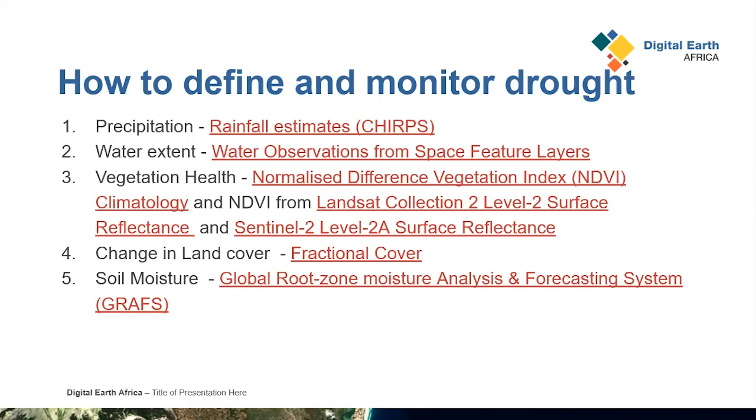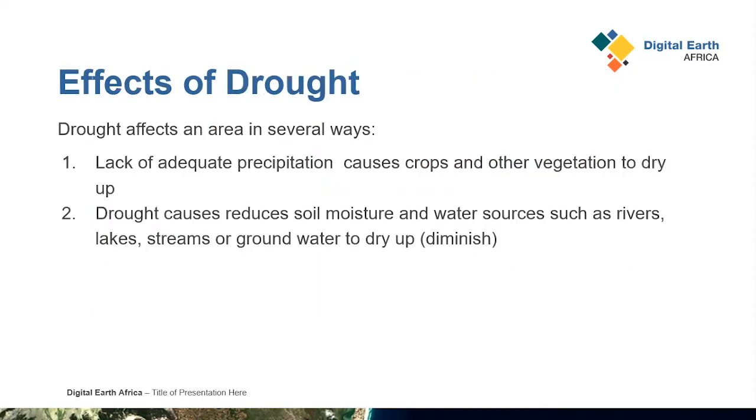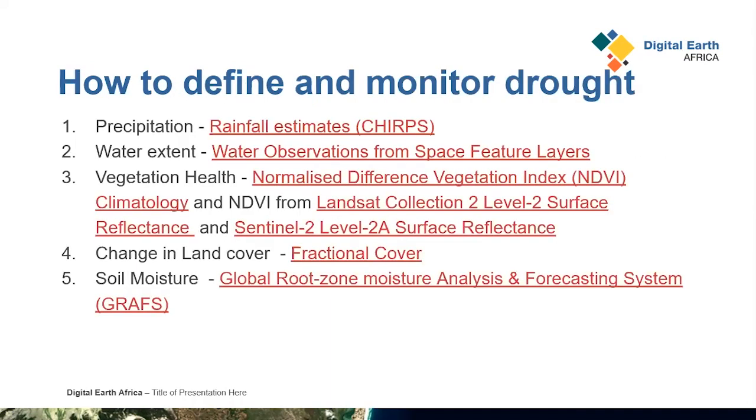For the water extent, which as I mentioned before, is drought causing a drying up of water sources, we'll be using the WOfS feature layers. Again, the other effect of drought is the drying up of crops. So this is the vegetation health. So we'll be measuring that using the climatology data set for the NDVI, and also the calculated NDVI from the Landsat and Sentinel-2